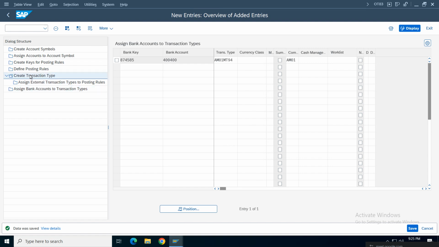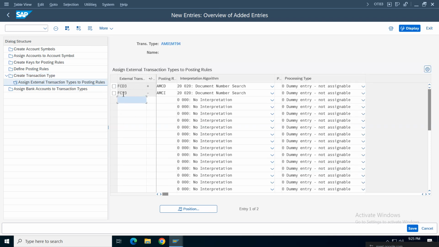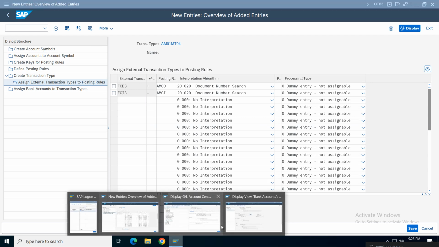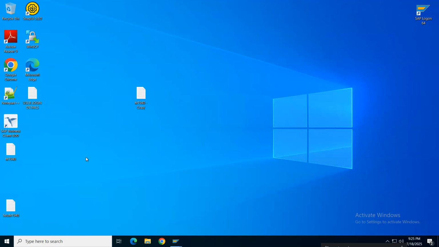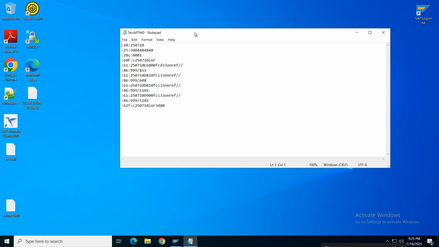Now, transaction type. This is important here. We need to make sure these items are there in our file format. Okay, so what we'll do, we'll go to the file format. Now let us understand the MT940 file format. Just taking this one as an example. Now, so this is your, see the date here,